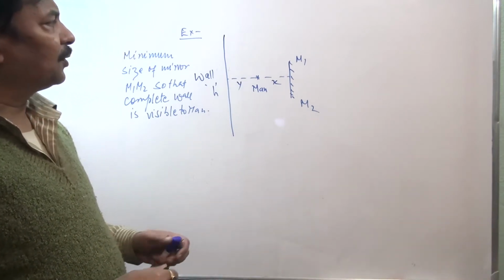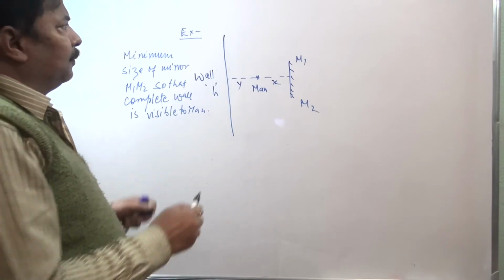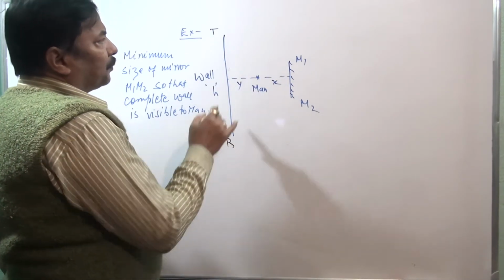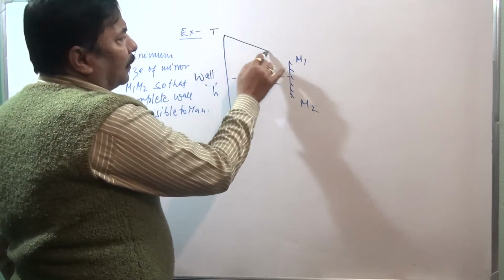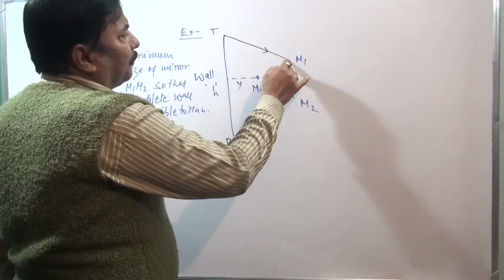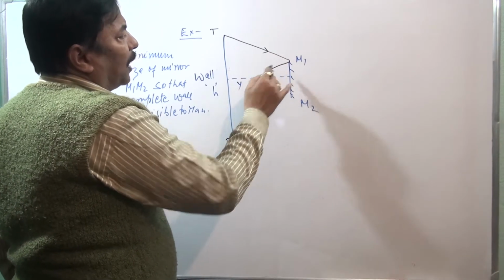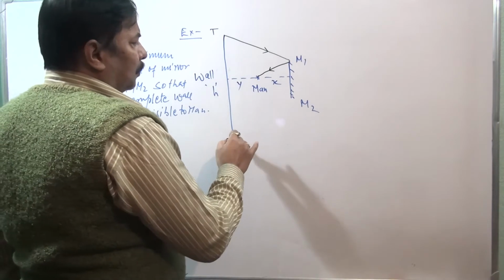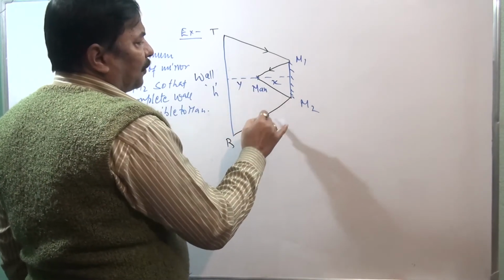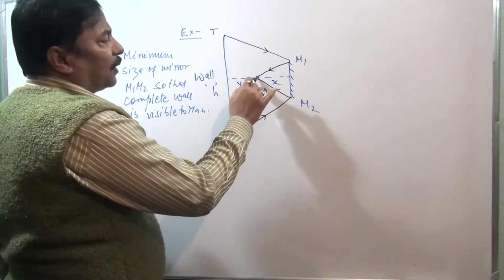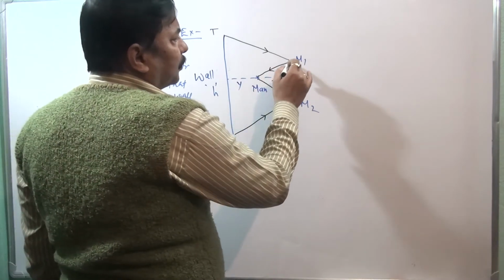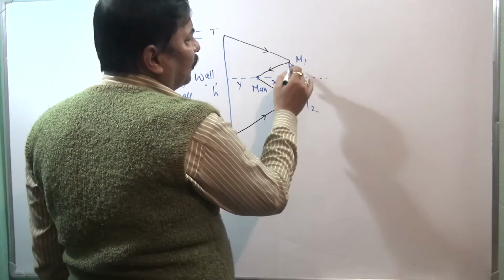Now in this question, if we talk of this as the top and this as the bottom, this top is visible to the man if the rays of light go here and then fall on the eyes of the man. Similarly, bottom is visible to the man if the rays of light from the bottom go and after reflection reach the eye of the man. So if the man is here at an equal distance,